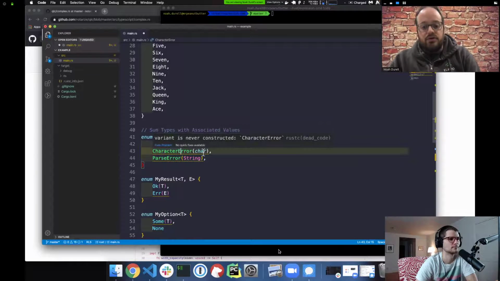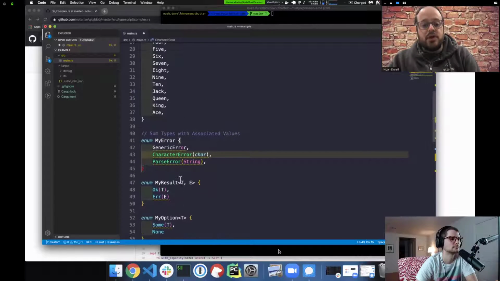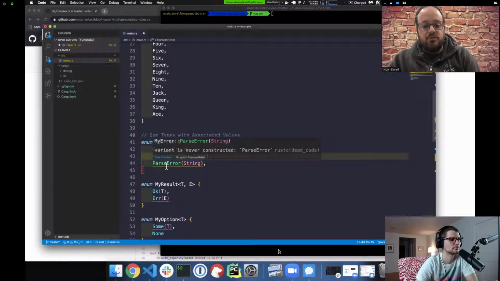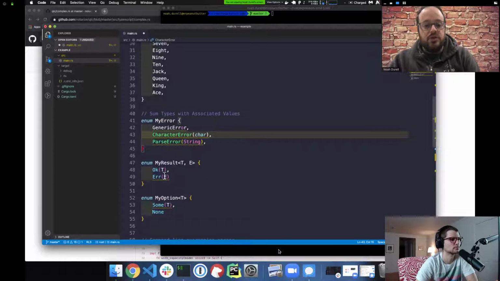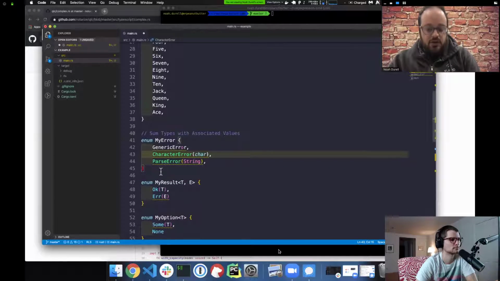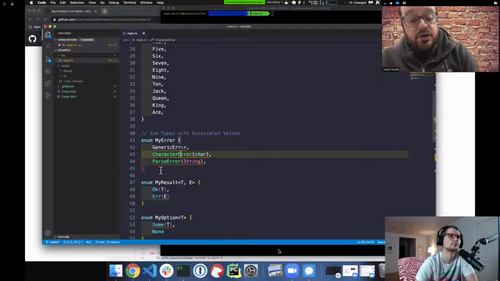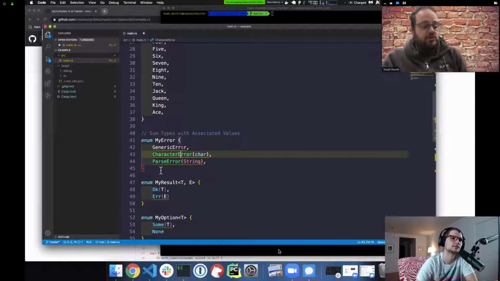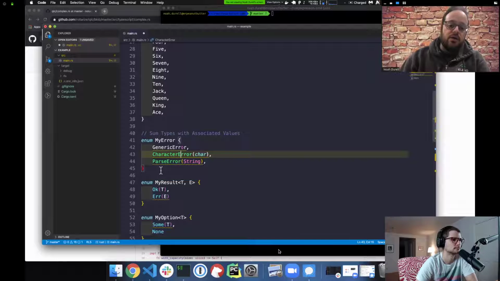Or the character error has the character that's wrong. And so that can be pretty powerful when it's used with what we're going to see in a minute, the match operator. So when you process these data types, you can pull out this data and drill into what you need. And then as we get further into this episode, we'll see that you can do a lot of cool things when you're parsing